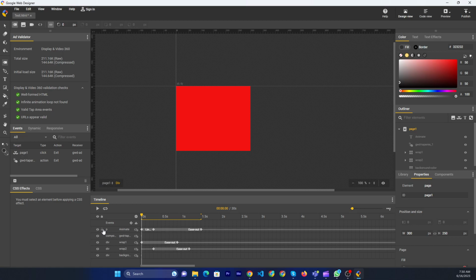Now if you want to add a layer, maybe before that you need to know what types of layer you can add: shape, text layer, image layer, you can add anything. I will show you how to add a shape. Alright. So if you want to add the layer,